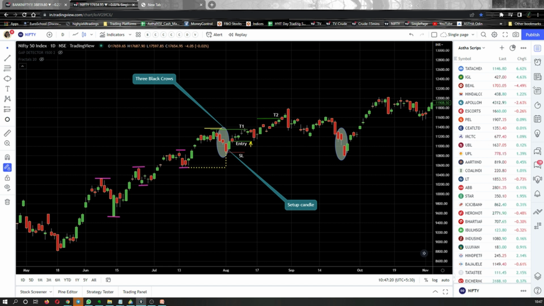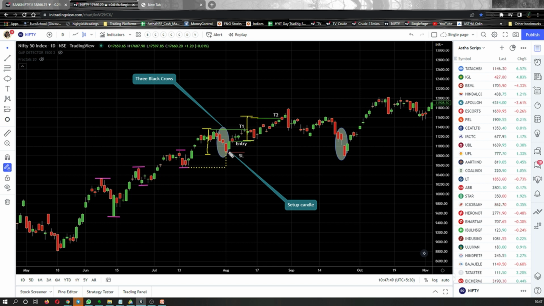Now, if I talk about target number two, it is somewhere here. Now, why have I mentioned this as target two? Because if the stock is strong enough to move up, if you see that the stock is clearly taking a support and moving up here, then this entire length, right from here to here, can be covered after your entry. So this length will be very same as this length.